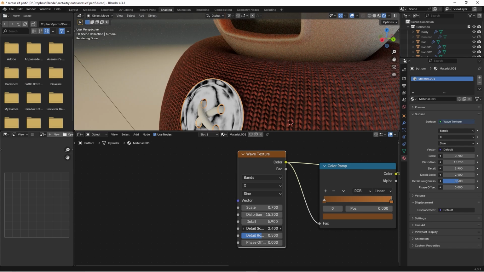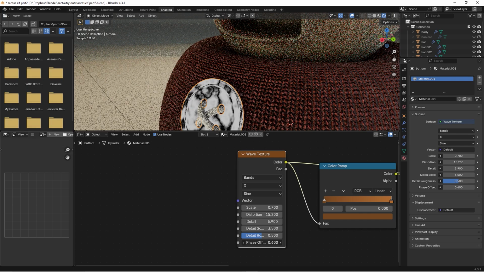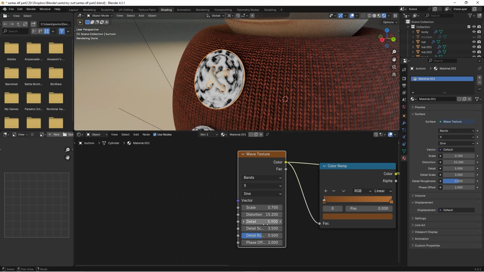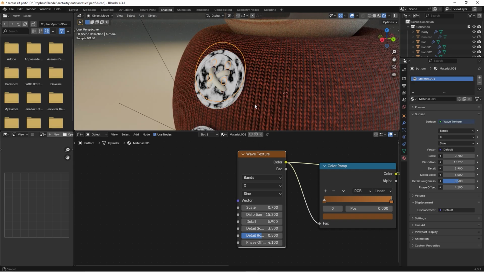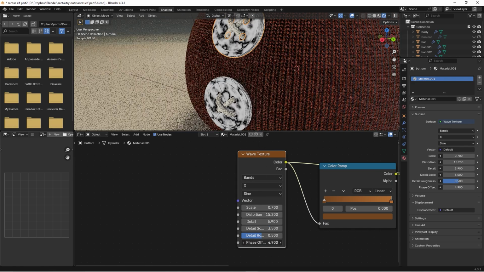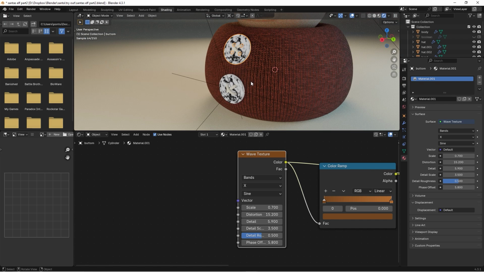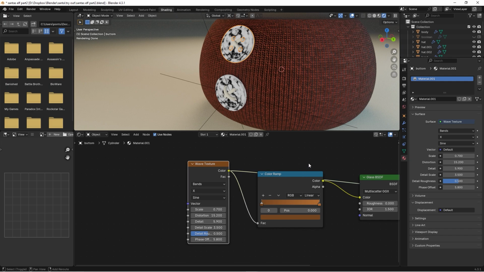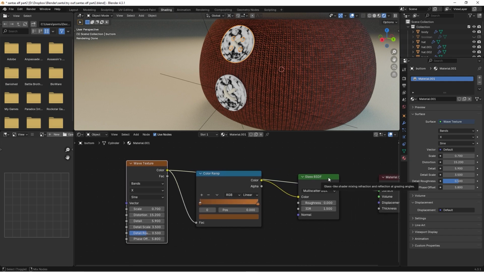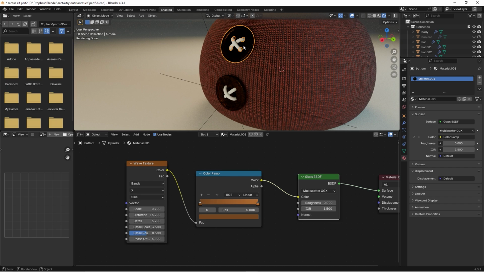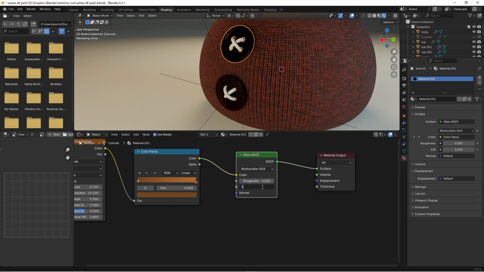And let's add this value as well. Great. And then you can just choose the phase offset to place this pattern. I actually think this is great. And notice when I change this, I will change this on both, because this is an instance, a copy of this one, but that will be okay. So if we press Control Shift left click over here, it's too dark, so we need to do something about this. So let's change the IOR to 0.2,